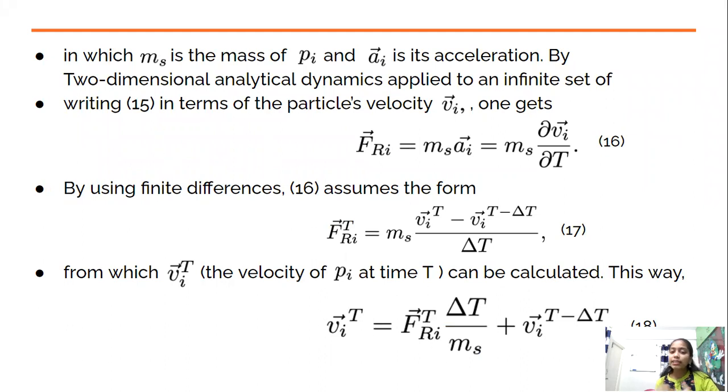Writing in terms of the particle's velocity Vi, one gets Fri equals mi times A equals mi times the derivative of Vi with respect to time. And by using finite differences, we assume the form Fri equals mi times (Vi at t minus Vi at t minus delta t) divided by delta t,